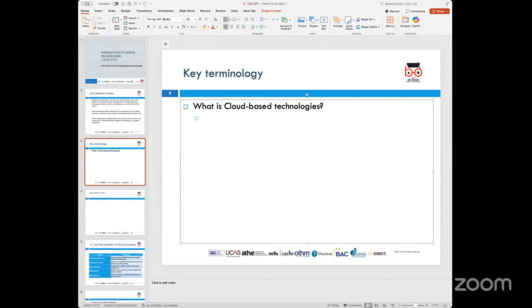Sometimes you would also see the word on-demand services being used. For example, services like Netflix, Hulu, and Amazon Prime, which provide you a plethora of entertainment, including movies, music, and other applications, are available to you on demand. For example, you decide that you want to watch a particular movie, or somebody else decides they want to watch the same movie, and simultaneously a number of users across the globe could be watching the same movie, and that is where it is called on demand. And this can all be managed remotely.